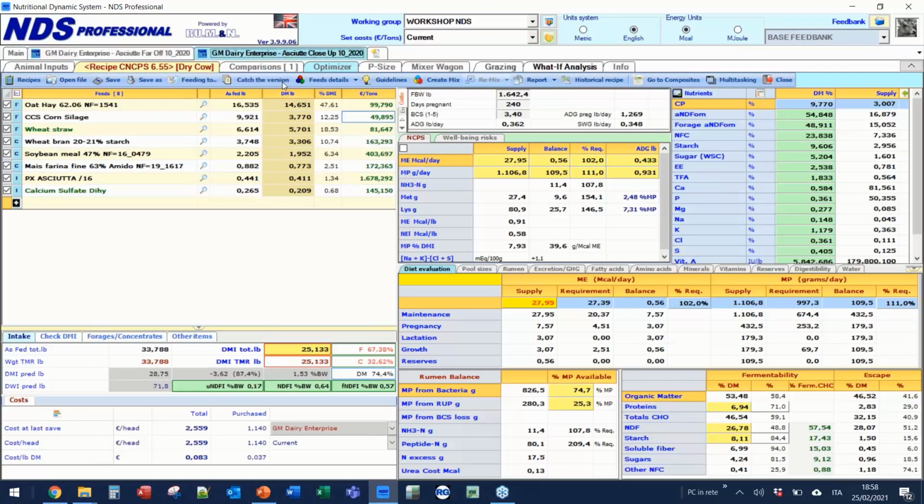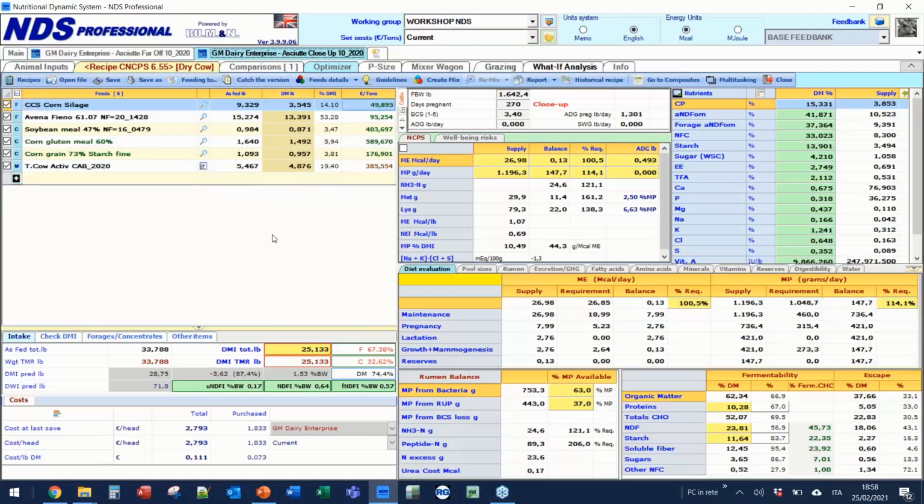This is different during the close-up, because during the close-up, the minimum